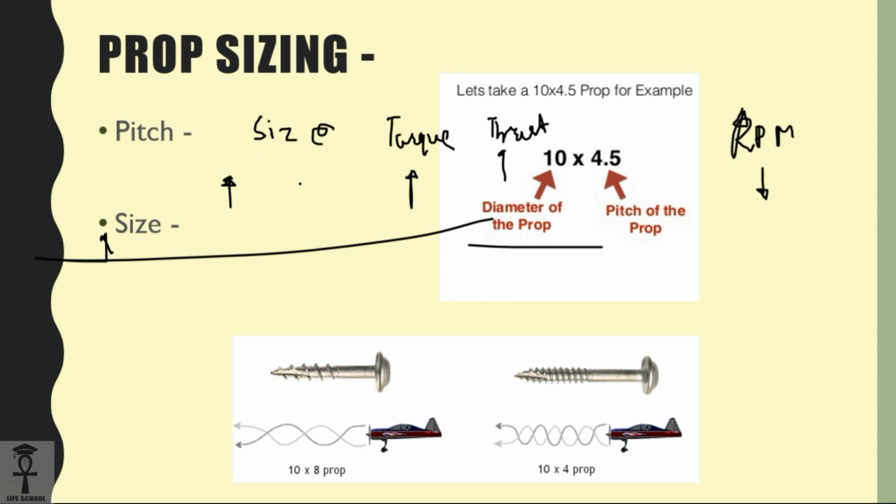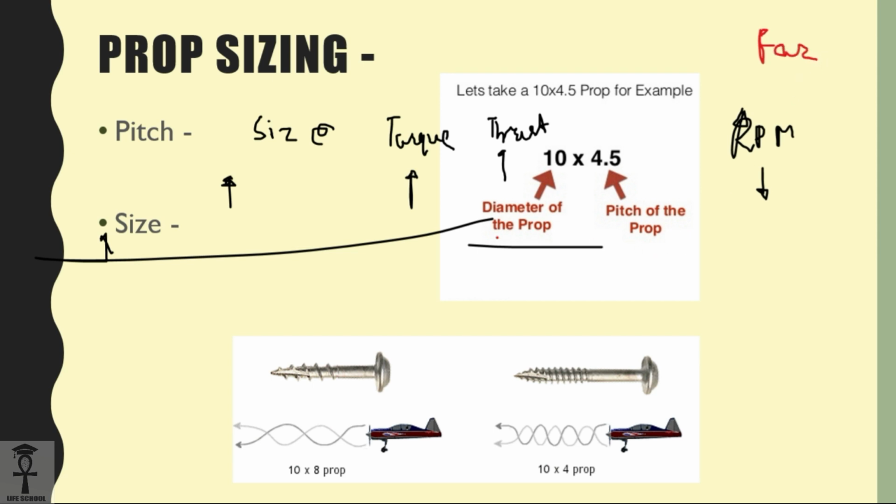So you can see that, depending upon the size, if the size increases, then the torque requirement will increase, and the thrust given by the prop will also increase, but the RPM with which the prop is to be rotated decreases. So the speed of the aircraft will be hampered, but the thrust acting on the aircraft will increase for a given power. This is all for a given power, that is, for a fixed battery.